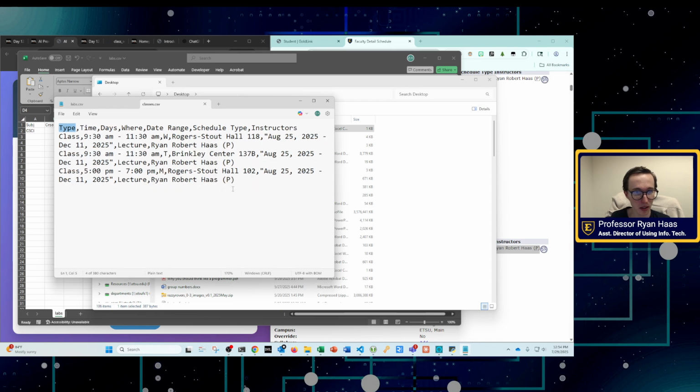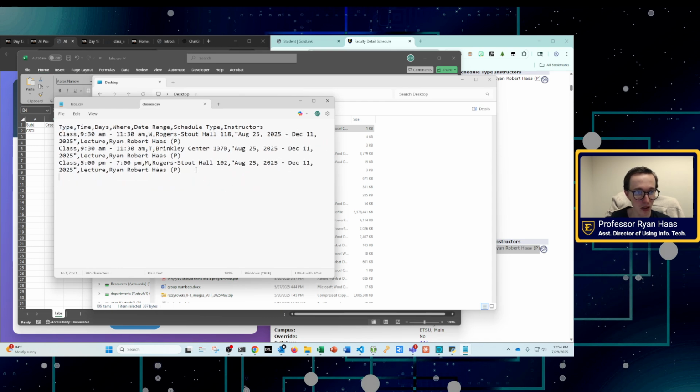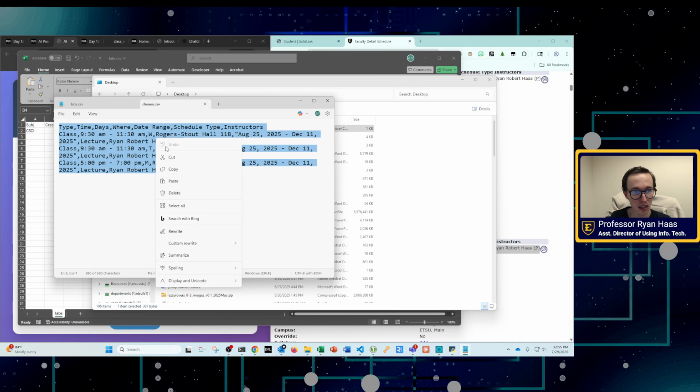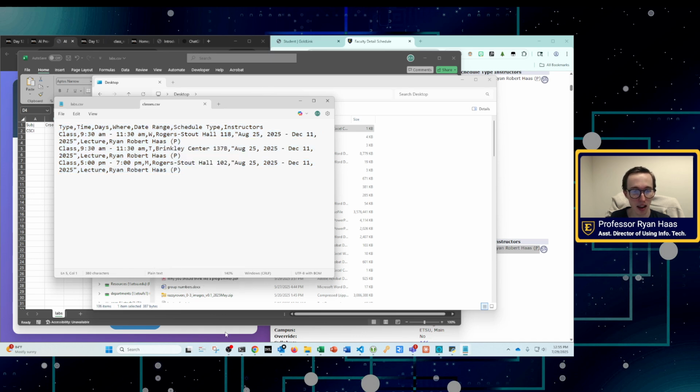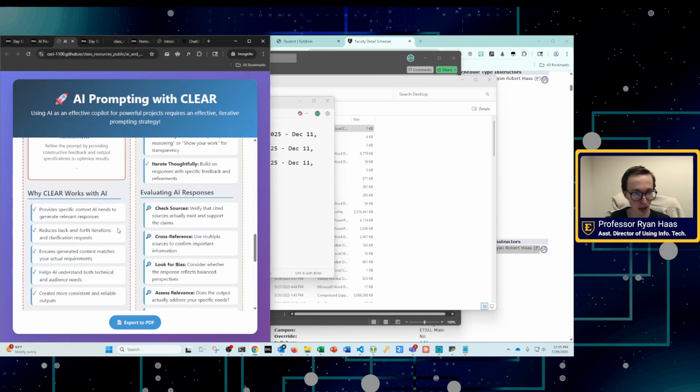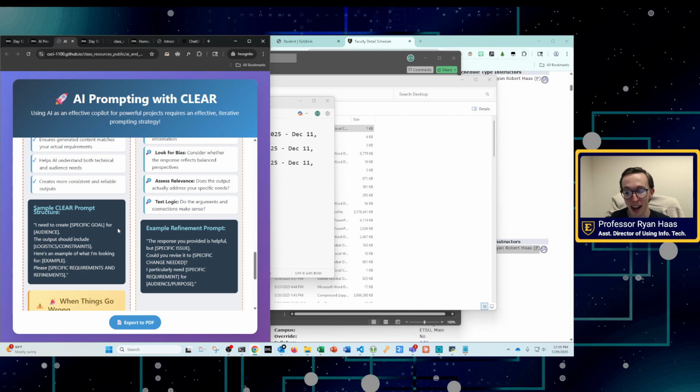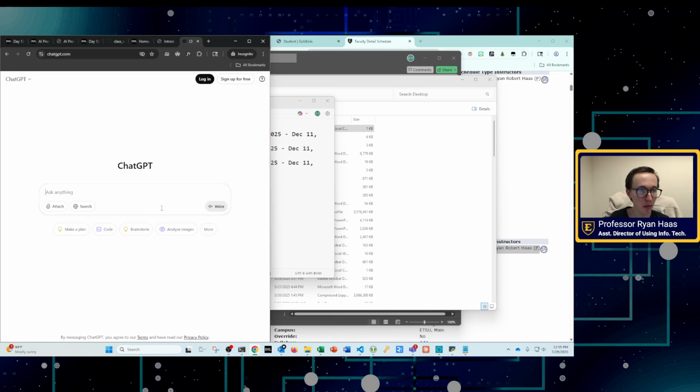So when we use the split function, this is what I'm talking about. When Python reads this in, it has to split these up by commas so that it can store this data in an organized way. So I'm going to copy this, and I'm going to use this in my initial prompt. I'm going to prompt the AI to hopefully create this program mostly for me, so I don't have to do much work. So I'm going to go ahead and copy this template and develop that prompt.